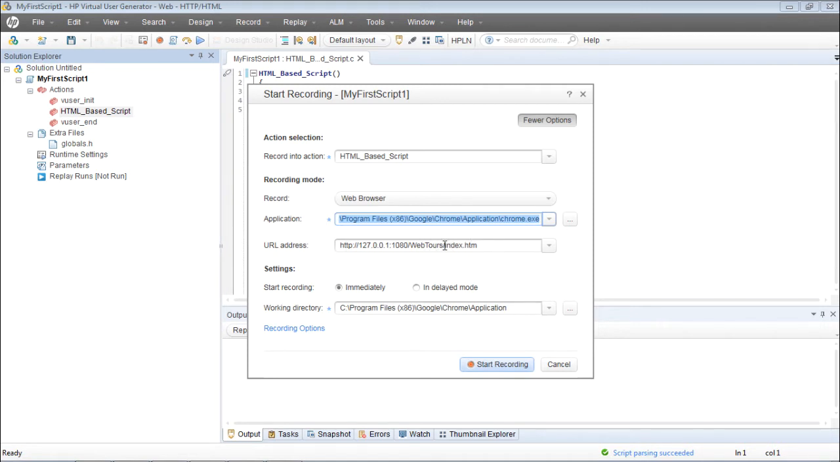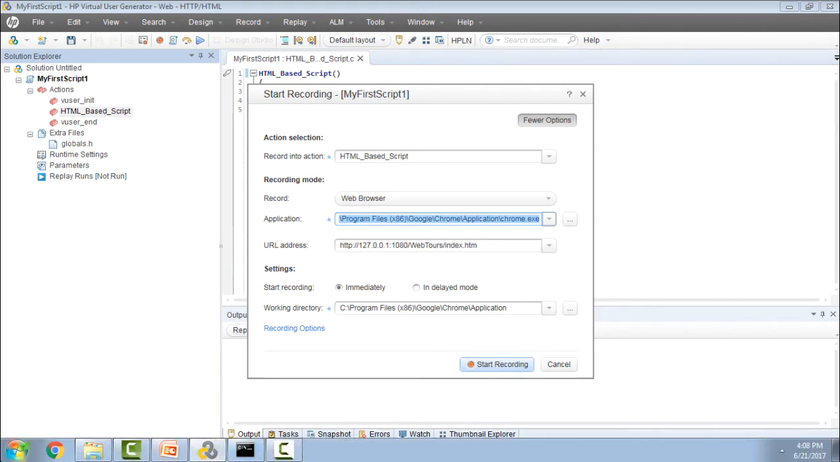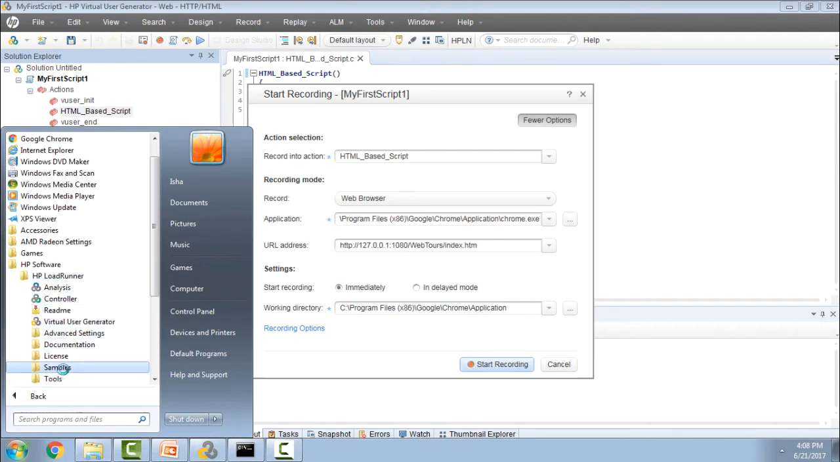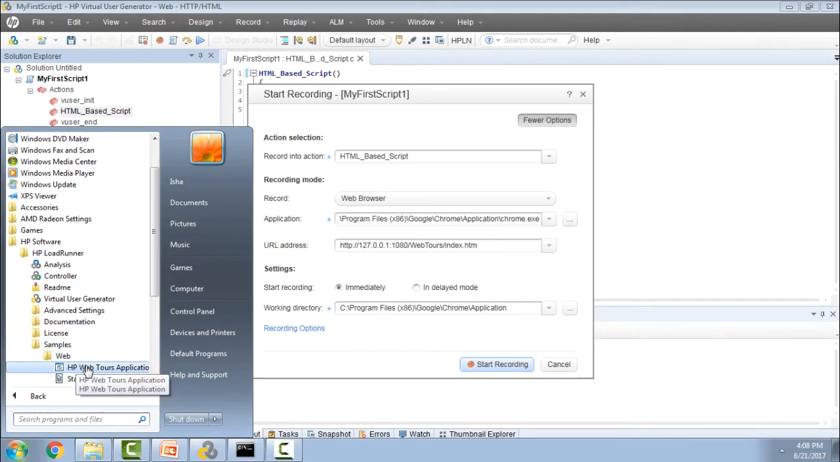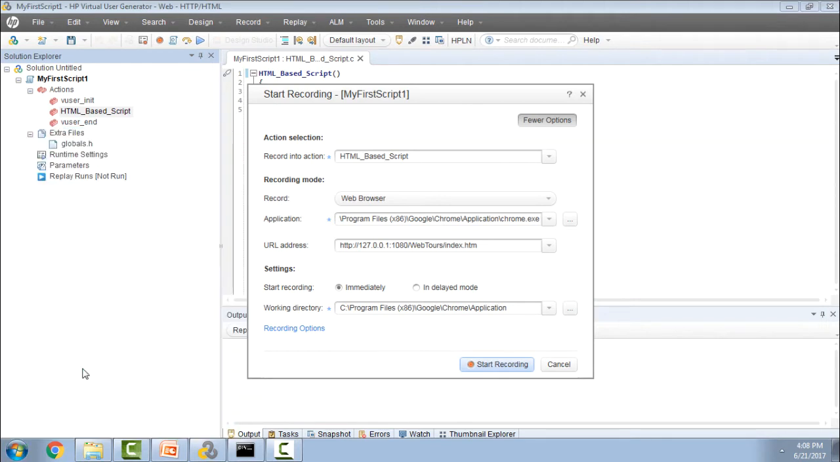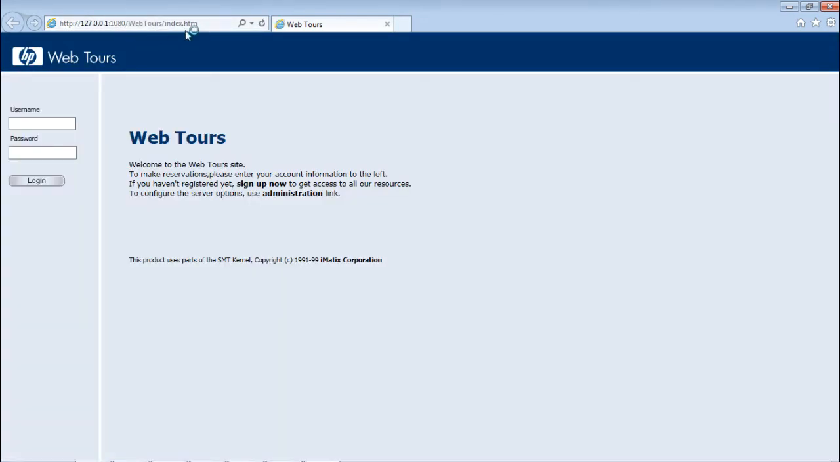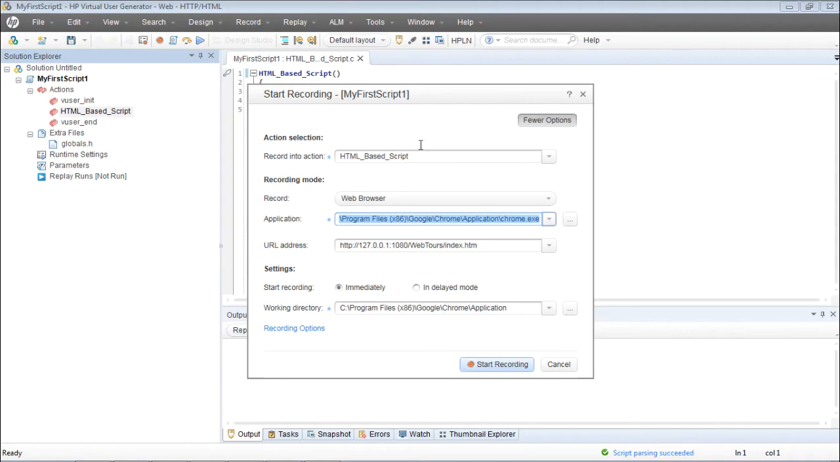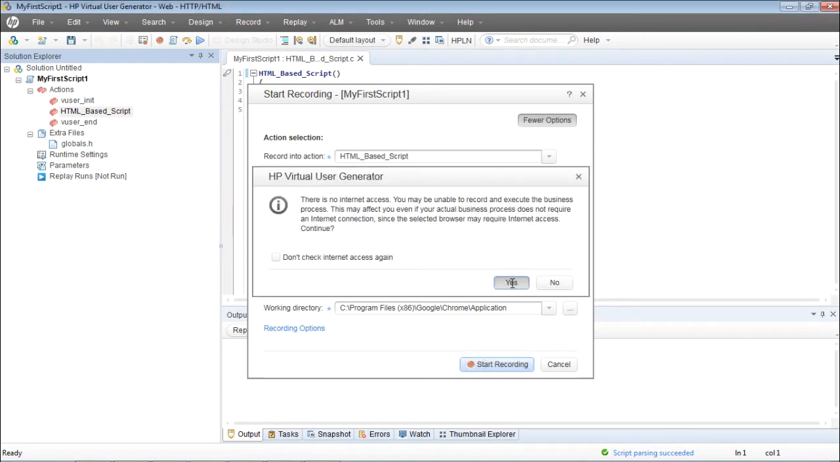If you're not sure about this one, you can always go to Start, All Programs, HP Software, LoadRunner, Samples, Web, and then the HP Web Tools application. Then it will pull up that particular application. You can copy the URL from here and then paste it over here. Since it's already here, I'm not pasting it, and I want to start the recording immediately. Go ahead and click on the Start Recording button,